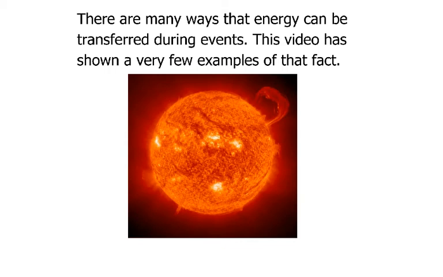Another example: in the universe overall, there are many stars, and those stars produce most of the energy that exists in the universe. Most of the energy on Earth comes from our sun. The sun is constantly producing immense amounts of energy in its core, and that energy is transferred out to the outer edges called the corona of the sun, and then it comes hurtling out into space, and a small amount of the energy produced by the sun hits Earth. Then Earth is warmed by that, and it causes our weather and all kinds of interesting things. Solar panels can take advantage of it. Solar heating things can take advantage of it. It warms up the Earth.